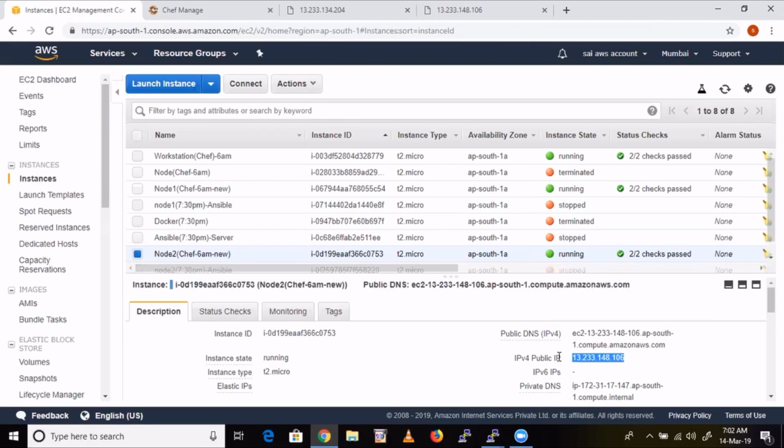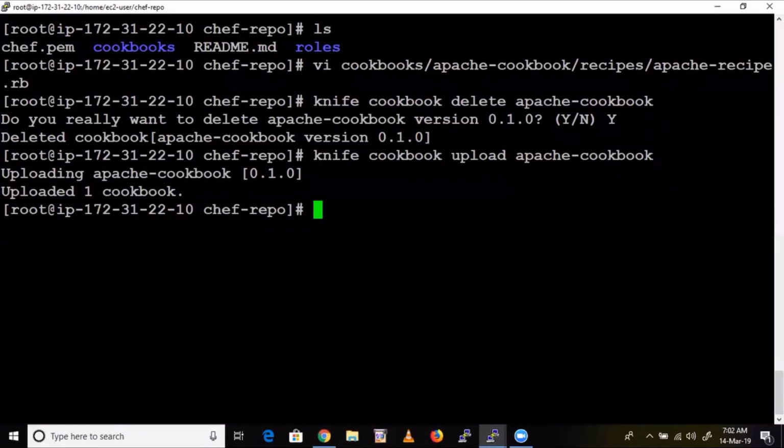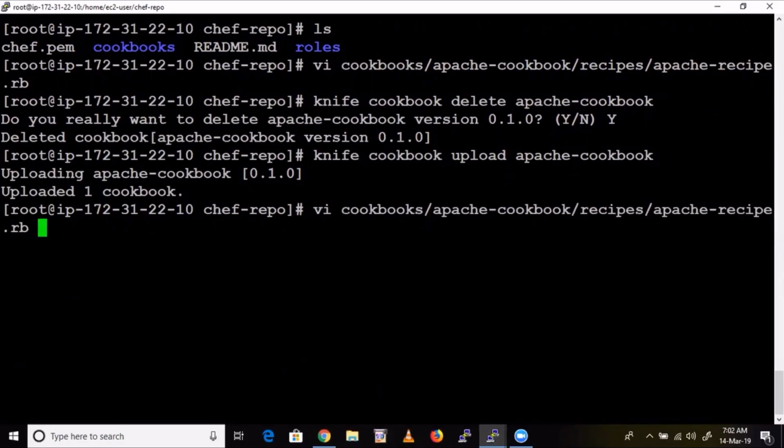Is there any mistake that we did? Should we update these changes to web role? Web role, we have given the same recipe, right? We have uploaded that role. Knife role from file.